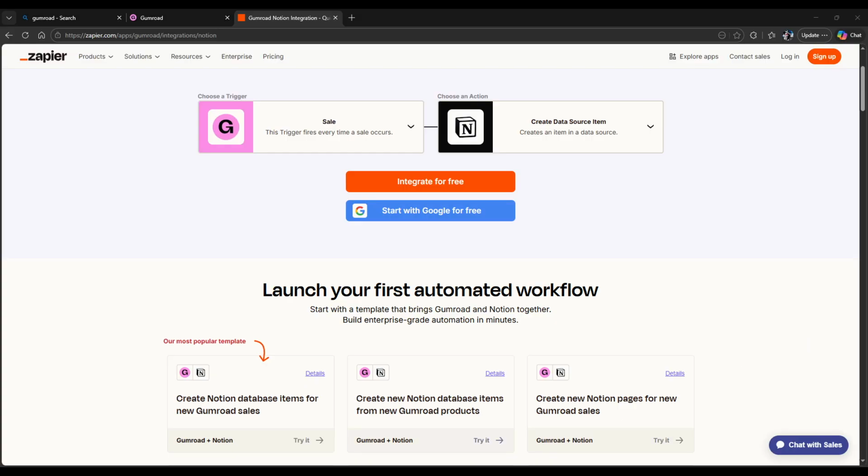Now it's time to test if your automation is working properly. So after this, every sale appears in your Notion dashboard instantly. You can also use Notion formulas to auto-calculate the total revenue. It would be easier that way, and I would call it